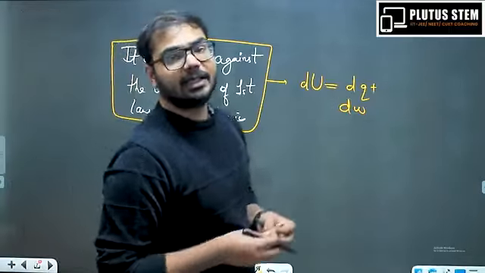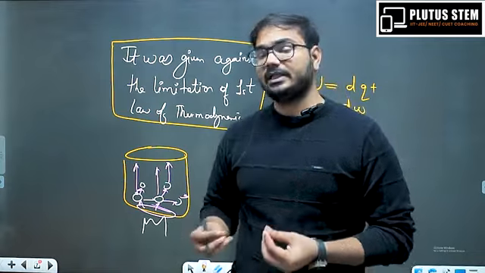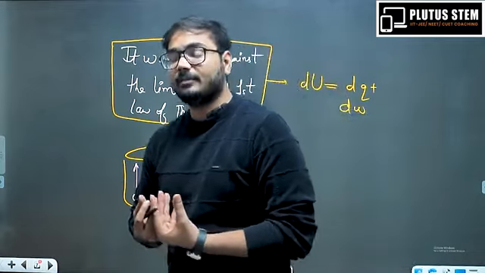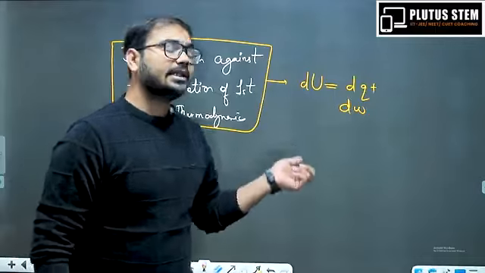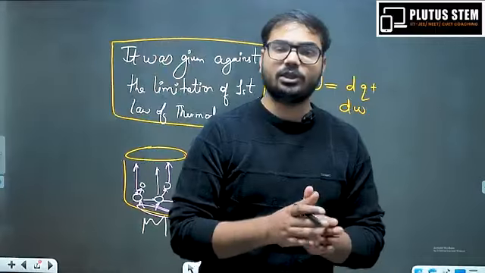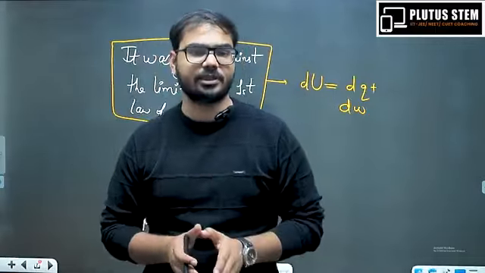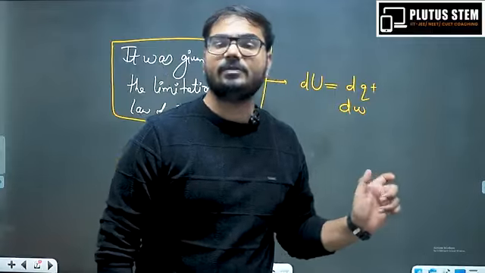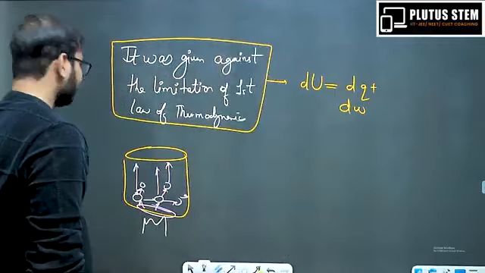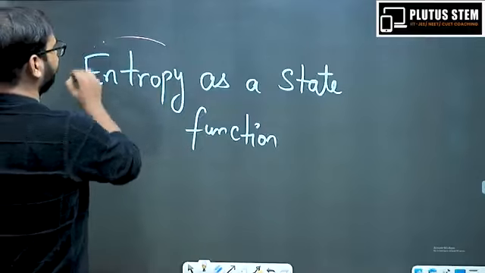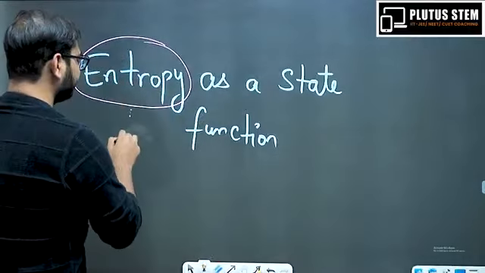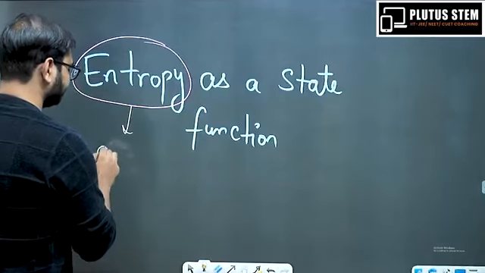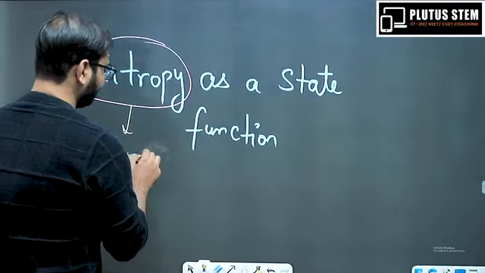So entropy puts a limitation. It says that whenever I'm providing energy, as per the first law of thermodynamics, there is some wastage of energy, although the total energy of the system remains constant. But there will always be a loss, and that loss is termed as entropy. And so, as per this, entropy is defined as a degree of randomness.